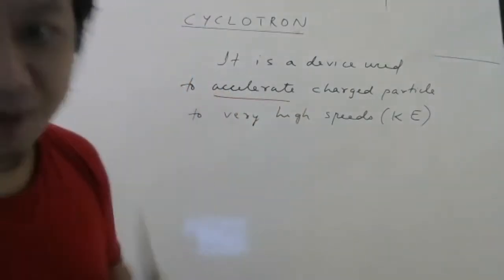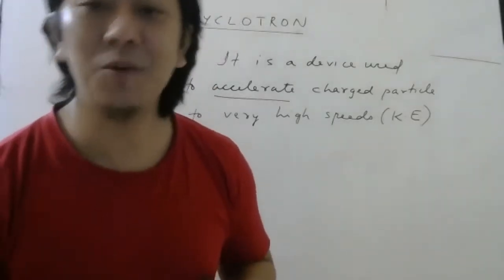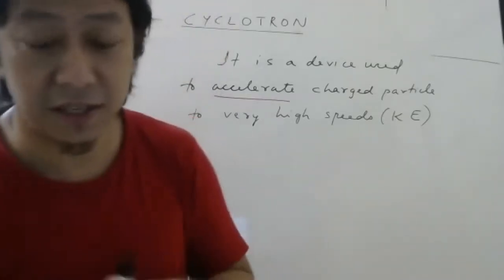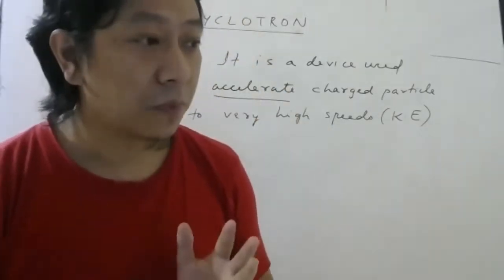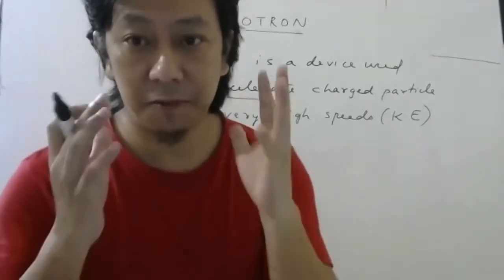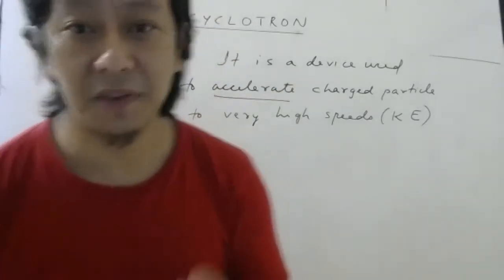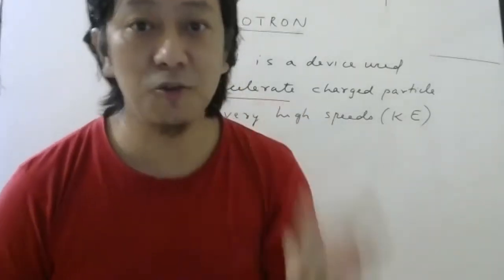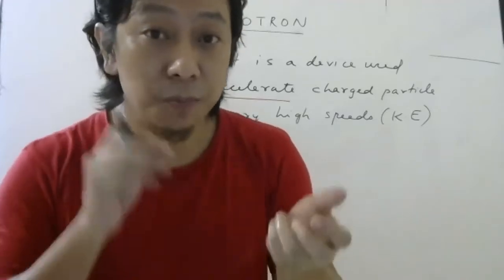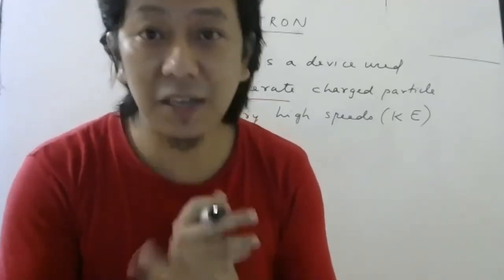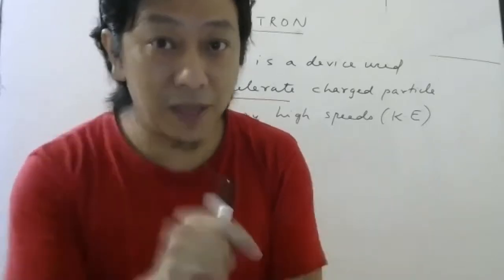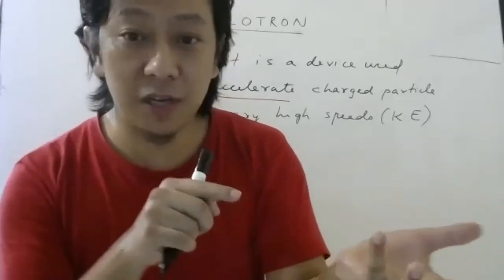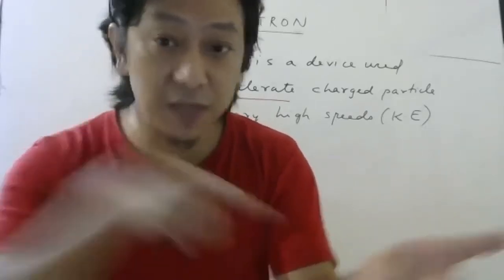How it will do that, we have to study. But why are we doing it? Why do we need to accelerate charged particles? Well, the good thing about fast moving charged particles is, for example, students, we know about the constituents of matter. Matter is made up of atoms. Atoms, we know, are made up of electrons and nuclei. Now to study what is inside the nucleus, we need to break the nucleus. So to reach the nucleus, you need charged particles which move very fast.